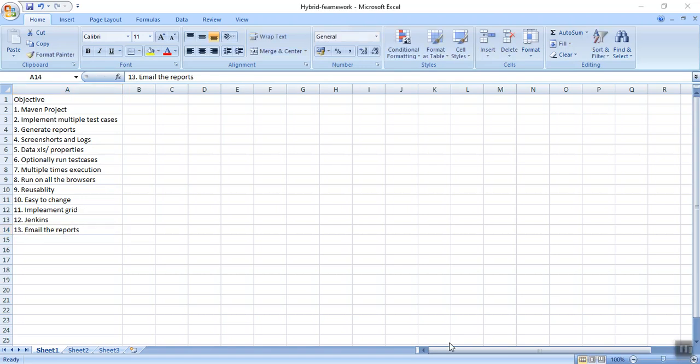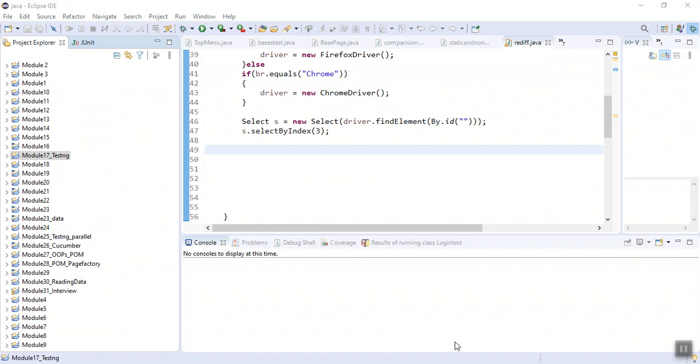First and foremost, we need to build the Maven project. In my previous videos, I have explained what Maven is, but I want to give just a brief introduction. Suppose I have a team. Say I have a 4-person team, and all are working on the same project.